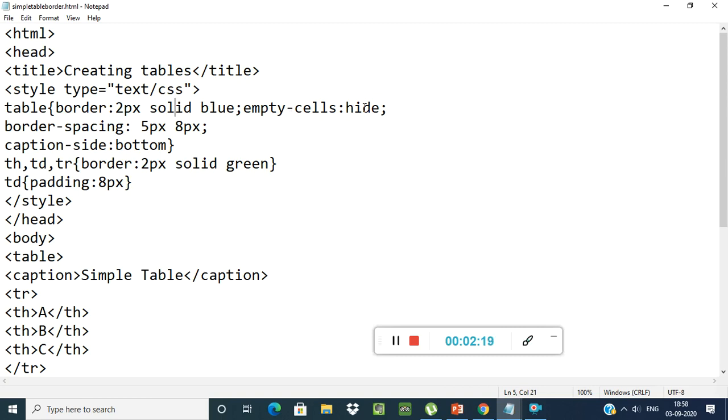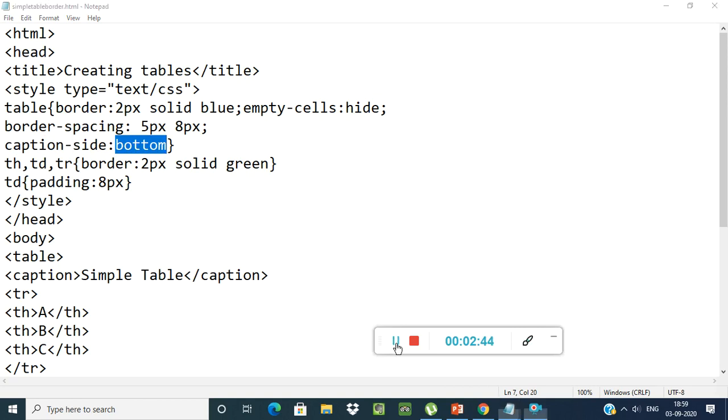Empty cell is hide. Then border spacing, the spacing size I am giving here is 5 pixel and 8 pixel. Then caption side, again I am telling you, the caption is nothing but a heading. I gave here the caption side is bottom, so my heading will come to the bottom.